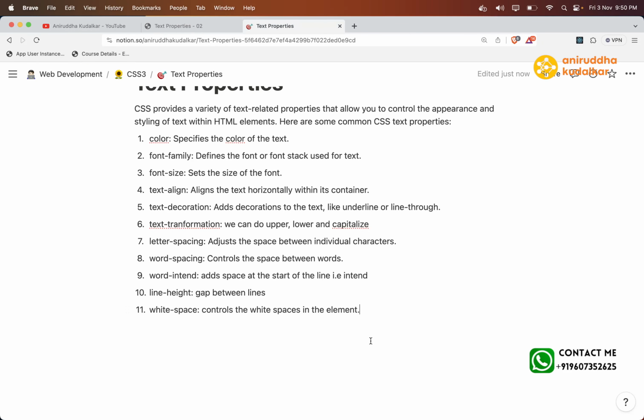And let's add to the document: text-shadow applies shadow to text by applying